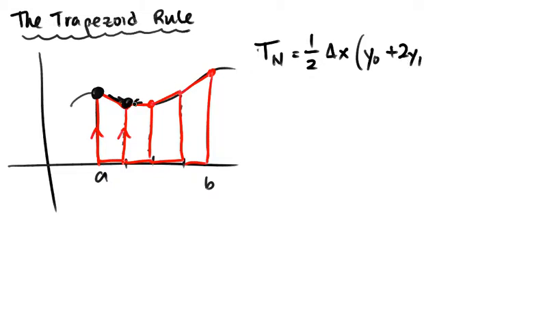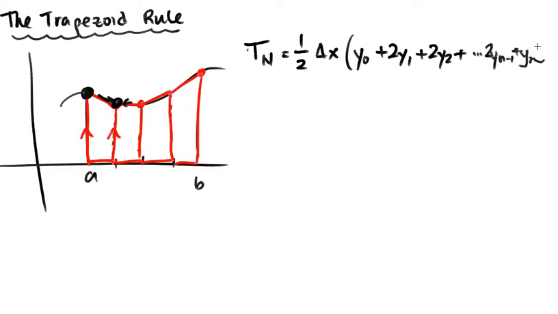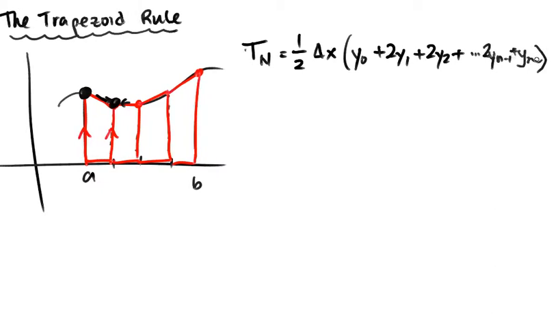You're adding it twice, once for each time that you would get to it, and 2 y2s all the way up to 2 y sub n minus 1s and a y sub n at the end. And of course we'll use the letter j. Y sub j is the function being evaluated at a plus j delta x, which is what we saw with L sub n, R sub n and M sub n in the